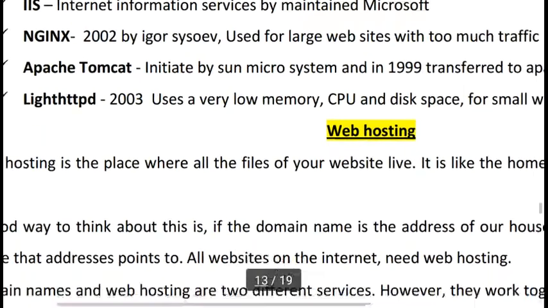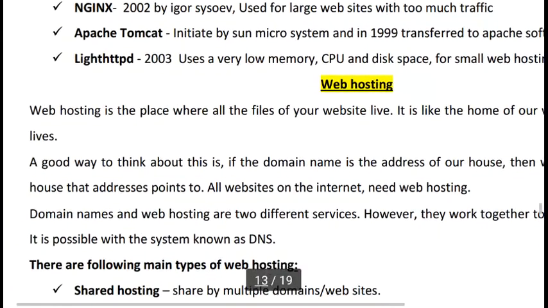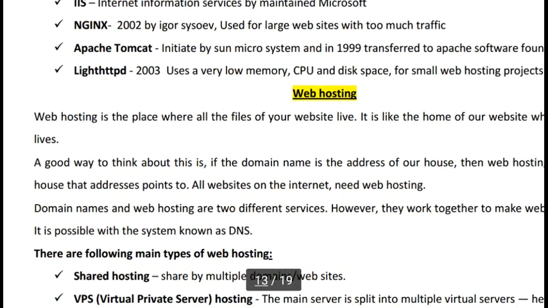Okay, now the next thing is web hosting. Web hosting means first we create a website using the HTML language. Then we get our website name, which we can say is our URL. After creating the website, I want to share it all over the world, so I transfer our website to the web server.